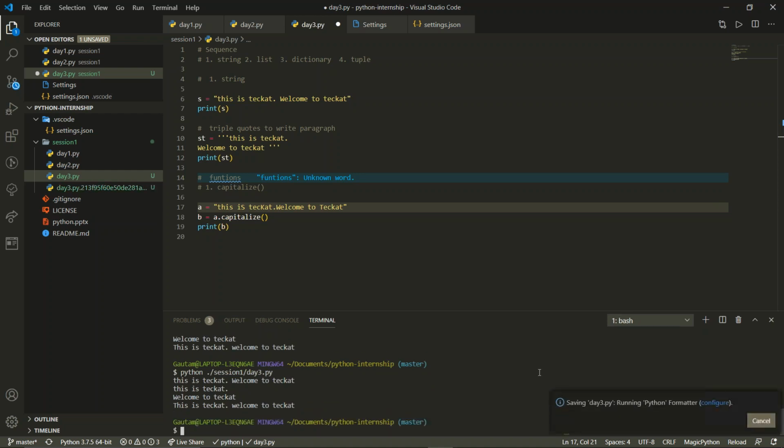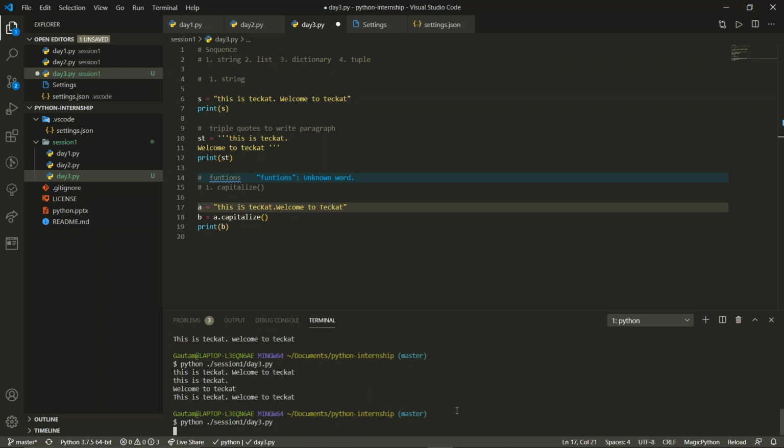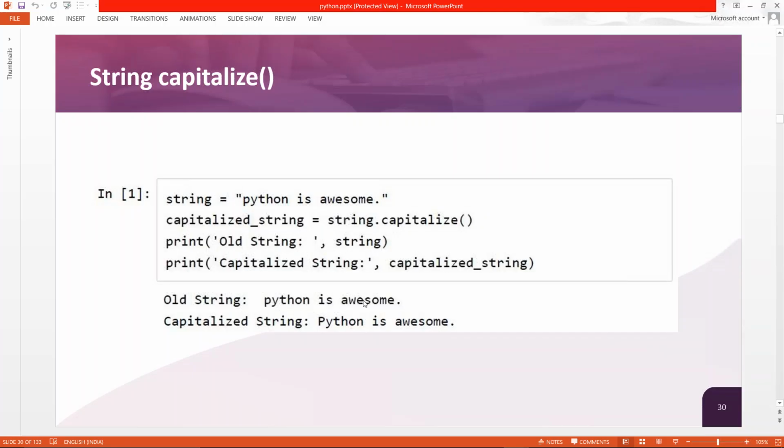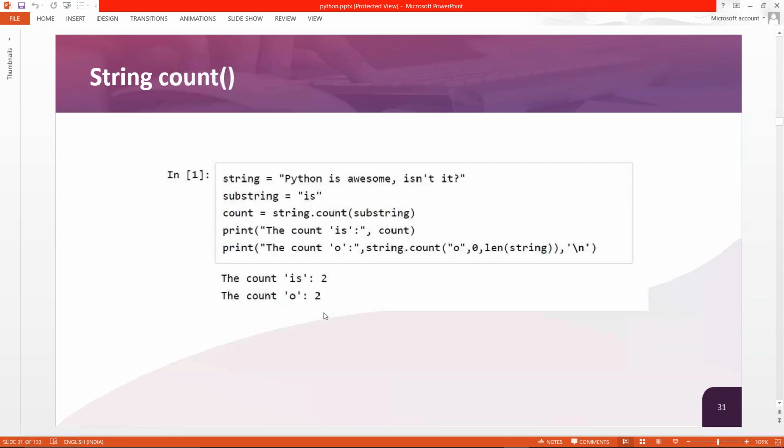I believe there was a space, maybe. Yeah, that's why it is not taking. Okay, so you can see all other things are small, and this is capital. So this is what the capitalize function does. It capitalizes the first character, and then everything is small.